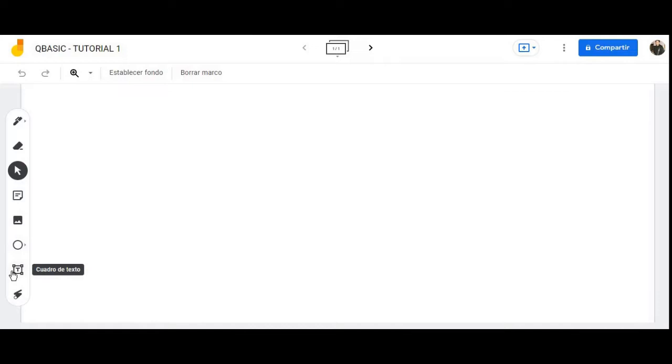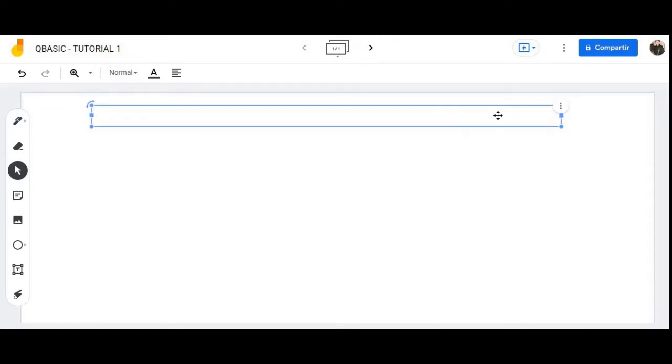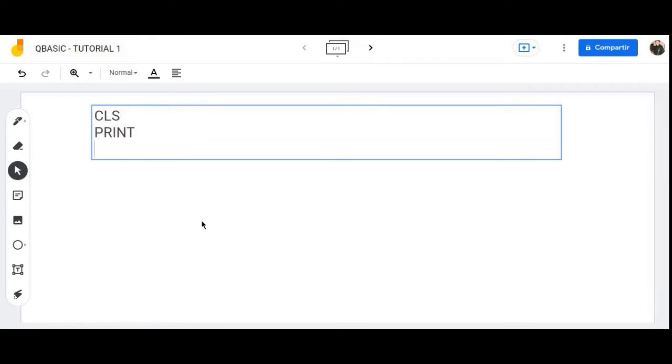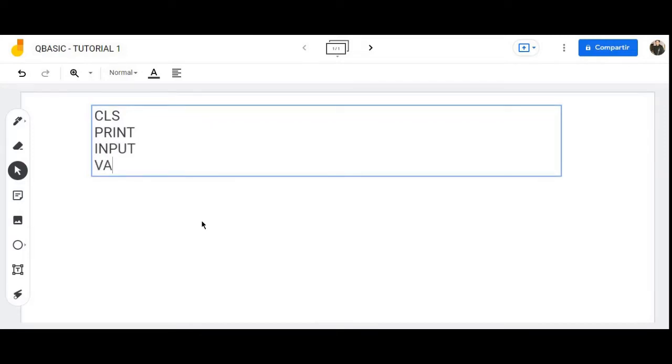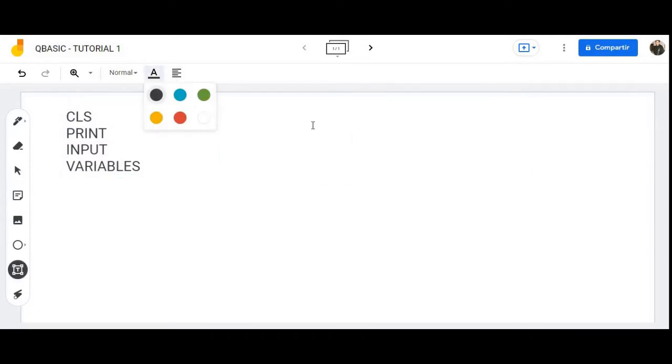Okay, so before we finish, I want to make a very quick review of what we learned today, and I would like to make some notes here. So what we learned today: we learned CLS, print, input, and we learned a little bit of variables. Let's see how we make variables. This is important to remember. We're going to make variables